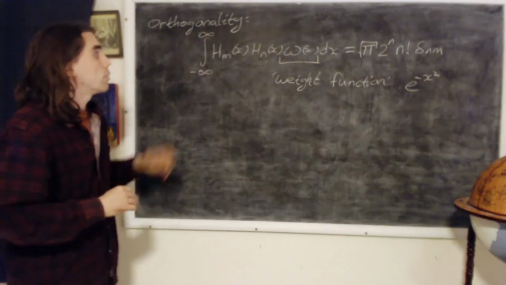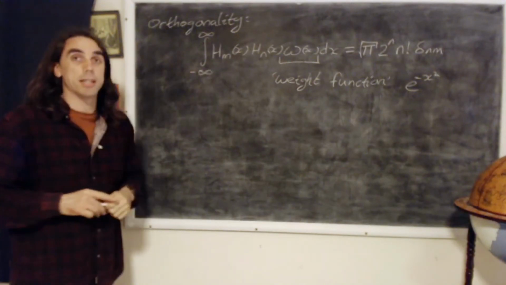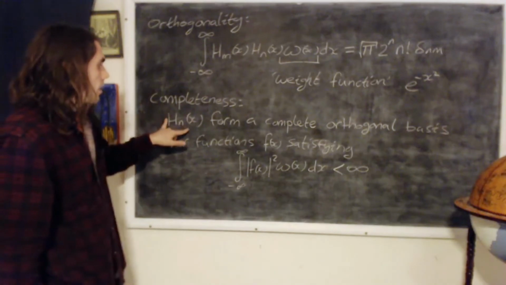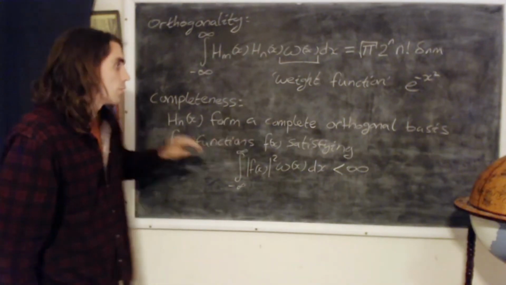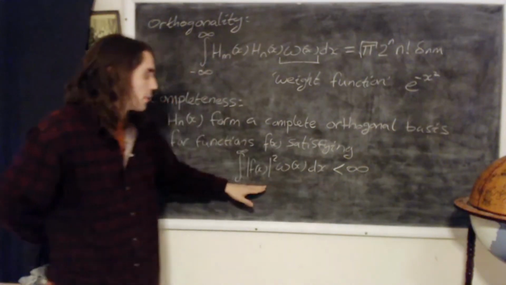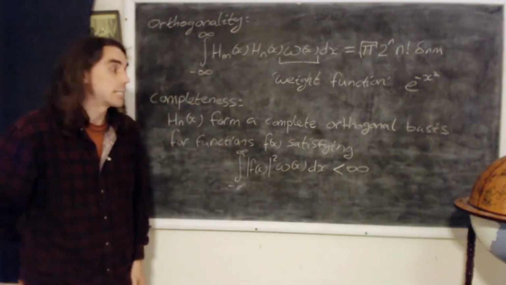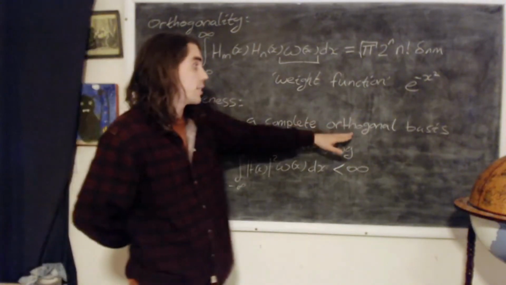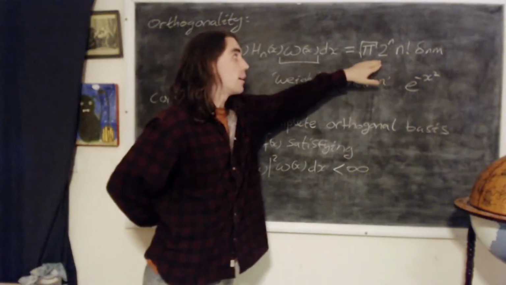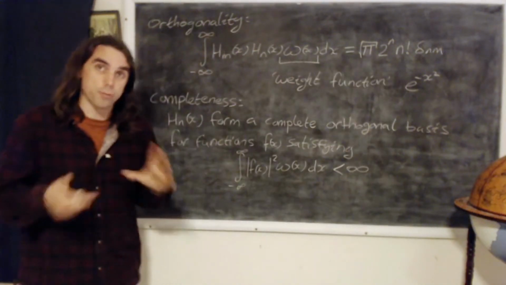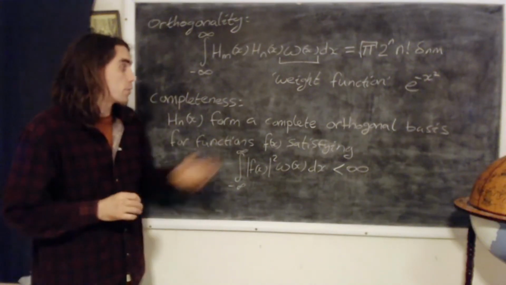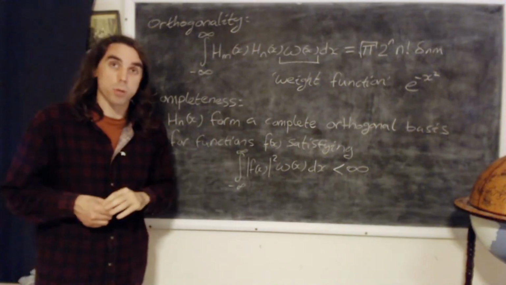Another important property of these Hermite functions is that they form a complete basis. So the Hermite polynomials form a complete orthogonal basis for functions f of x satisfying this property. But actually we knew this from our postulates of quantum mechanics. It's an orthogonal basis rather than orthonormal, just because the normalization is a bit off here. We'll substitute back in to solve the full quantum problem in a second, and then we'll have a complete orthonormal basis. But this is one of our postulates, so the fact that it's solving a quantum problem tells us that